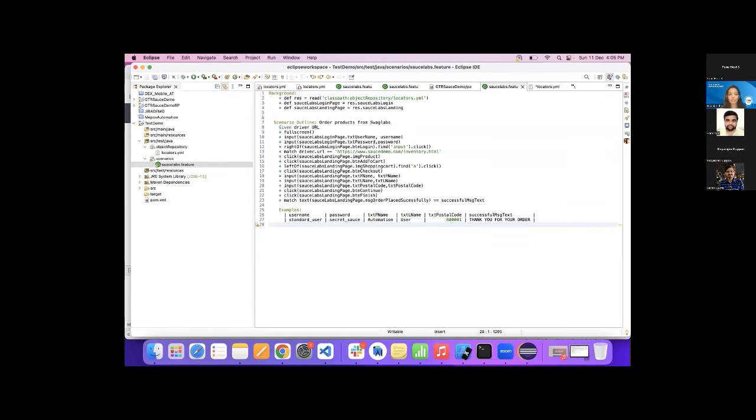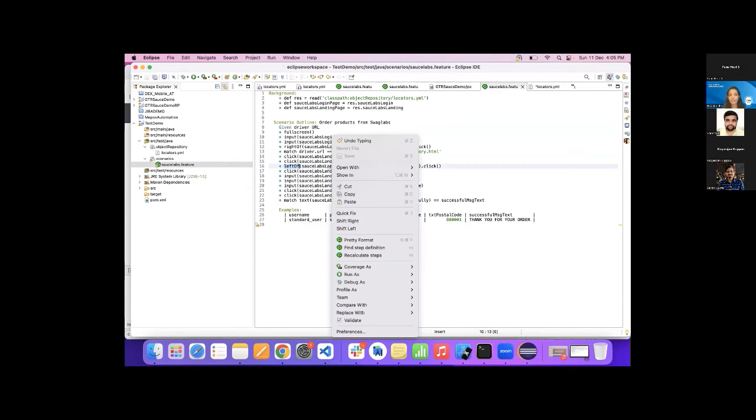And if I go to the source lab section, the feature file, what I've used is the left of shopping cart. So the friendly locators that we saw in the GitHub UI page. There were a couple of locators like the left of, right of, above. So I've used one of them. So let's run and quickly see the code.